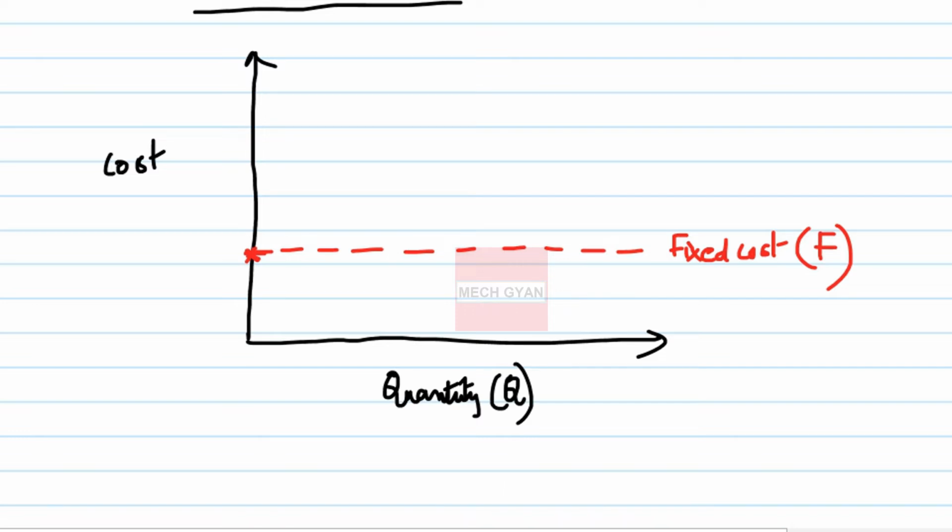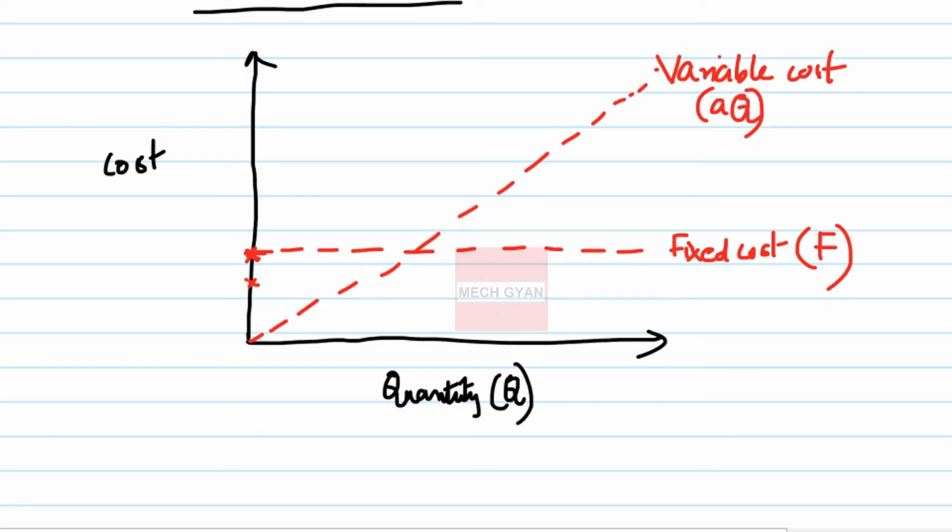Now there is another type of cost which is called the variable cost. The variable cost will vary with the quantity. So let's draw the variable cost also. So this one is variable cost. For a particular quantity the variable cost will be this, and for another particular quantity the variable cost will be high. As the quantity increases the variable cost will also increase. So let us denote it by A into Q, where A is the variable cost per quantity and Q is the